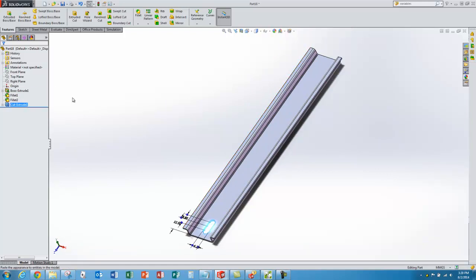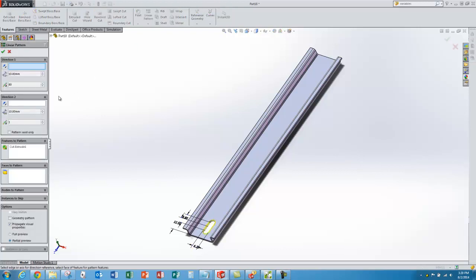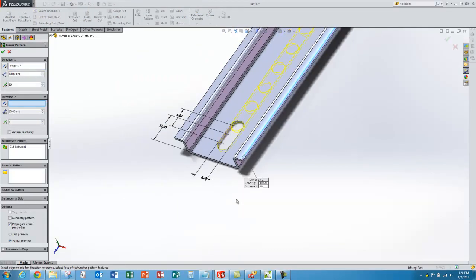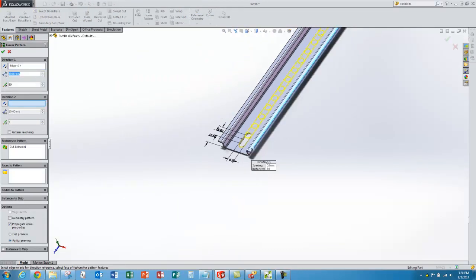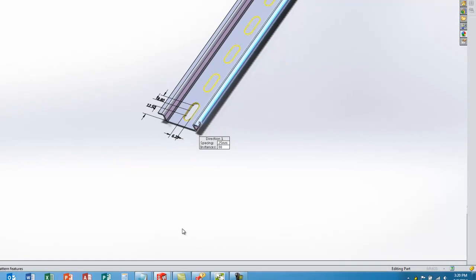Finish the part up. I select the feature, go to linear pattern. It's going to ask me for a direction, and I choose an edge for the direction. I'll choose that edge right there, it's convenient. Type in the pitch, which is 25. And now for the number of slots, it's not clear to me what that is, so I made me a